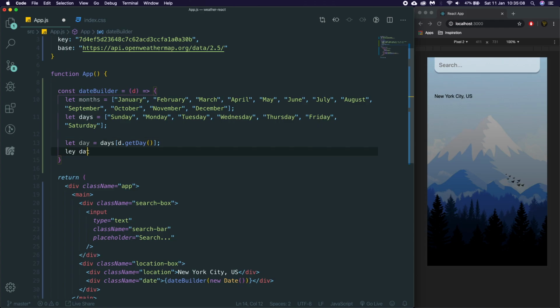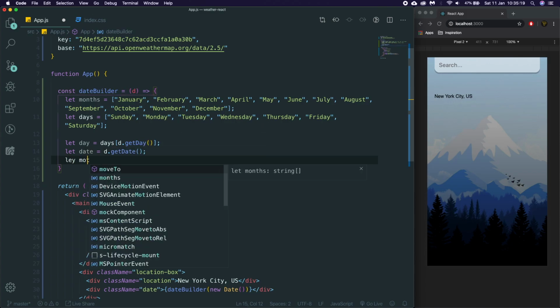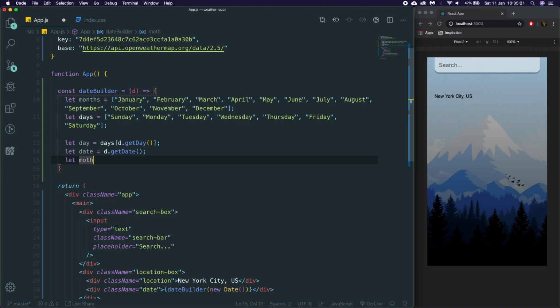We're then going to say let date equal d.getDate, which is going to give us our date. We're then going to get the month. So date gets it. This one gets us a number between 1 and 31. Month is going to be equal to